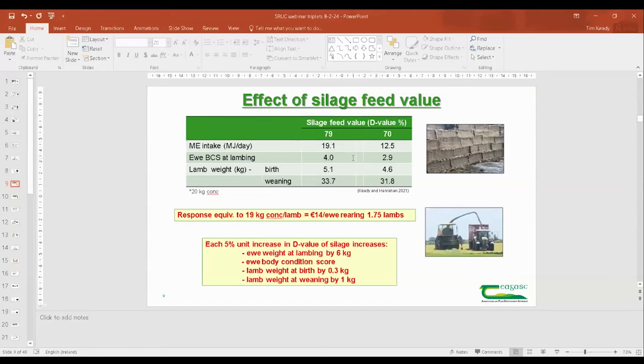You increase the body condition score of the ewes at lambing by 1 full unit, going from 3 up to 4. We increased lamb birth weight by 0.5 of a kilo, and we increased the weight of the lambs at weaning at 14 weeks or 100 days. We increased it by 1.9 kilos. So this is an increase in weaning weight due to the quality of the silage that their ewes were